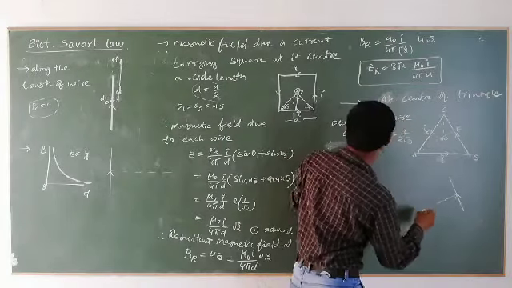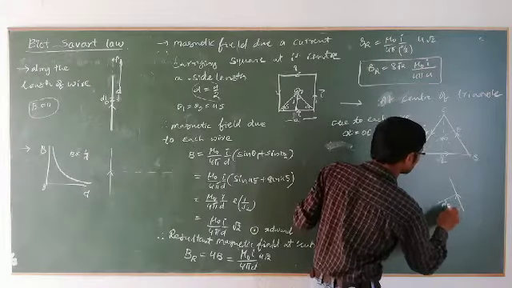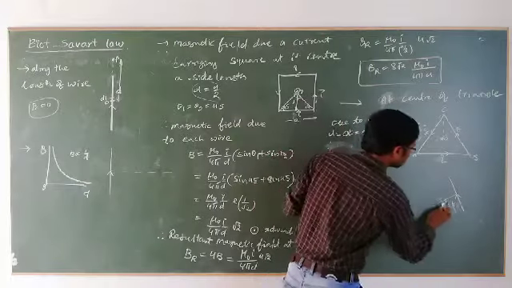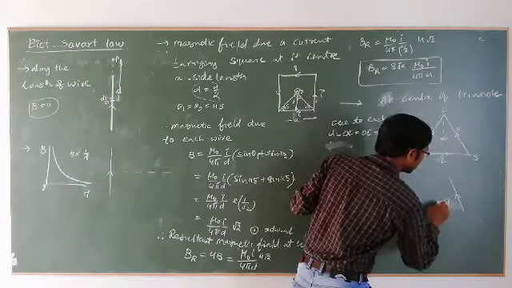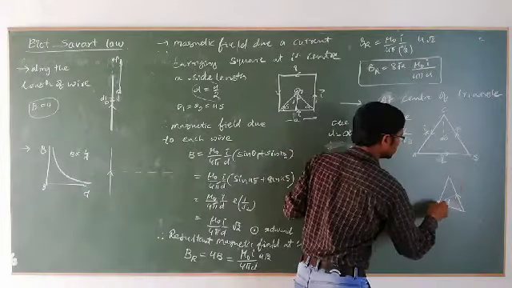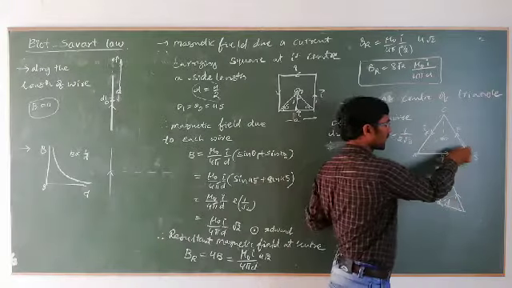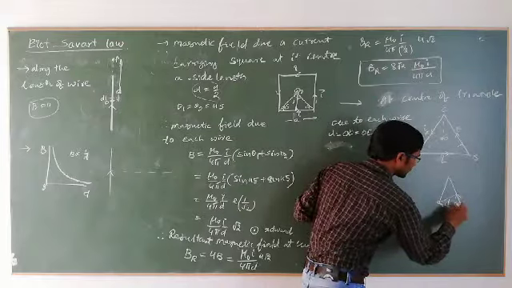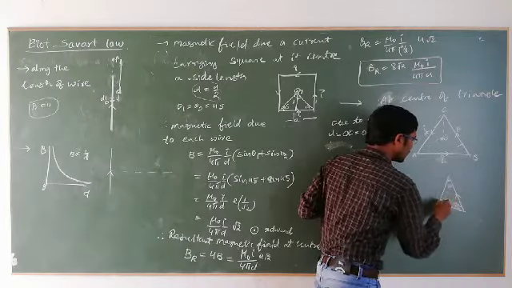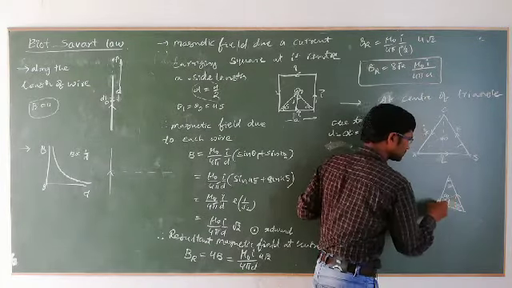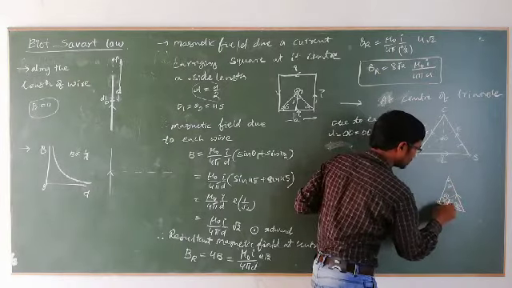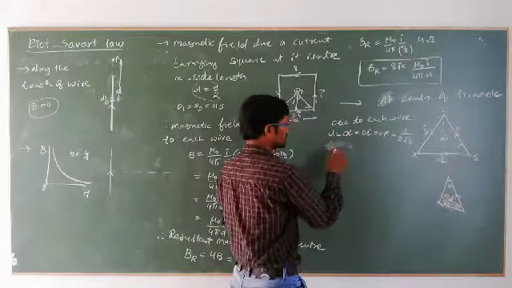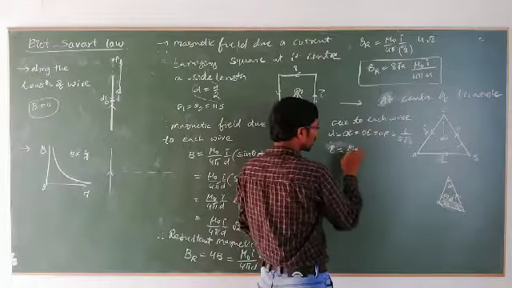So let us see similar to this, for any other shape we can also do it. But D is nothing but A by 2, let us substitute that also. Therefore B R is equal to mu naught by 4 pi I by (A by 2) into 4 root 2. Now the A by 2 will become 2 by A. That is equal to 8 root 2 mu naught I by 4 pi A.